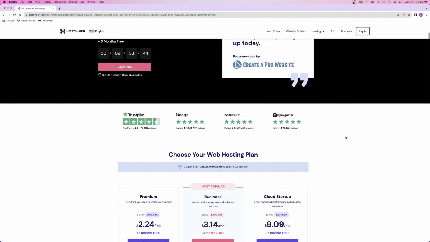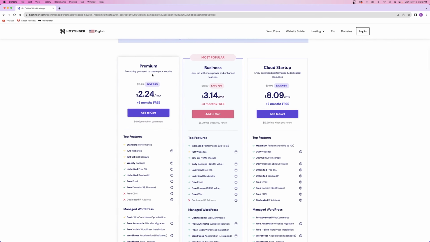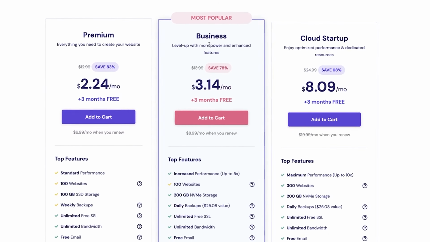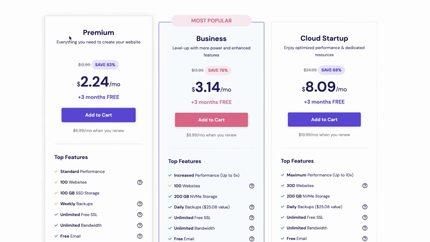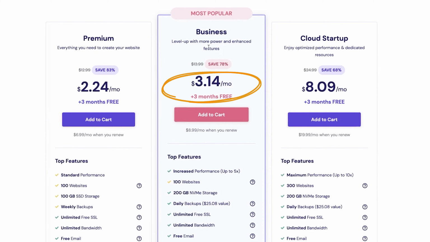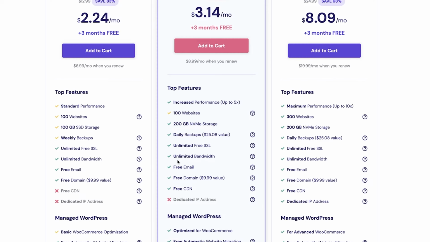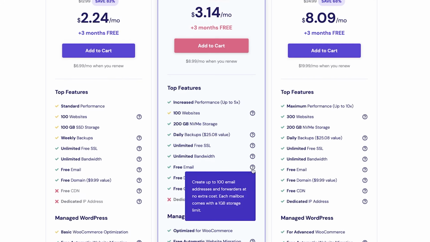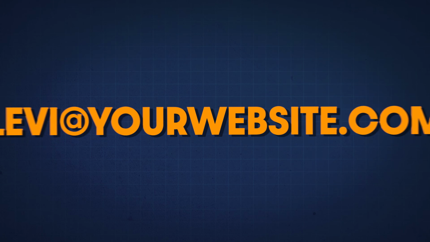From here, we can scroll on down to see 3 different plans that they have available for you. There's the premium plan, the business plan, and the cloud startup plan. I recommend the premium plan or the business plan because you get a ton of included features for the affordable price that you pay. With the business plan, you get to create up to 100 domain-based emails for your website. So it would look like something like